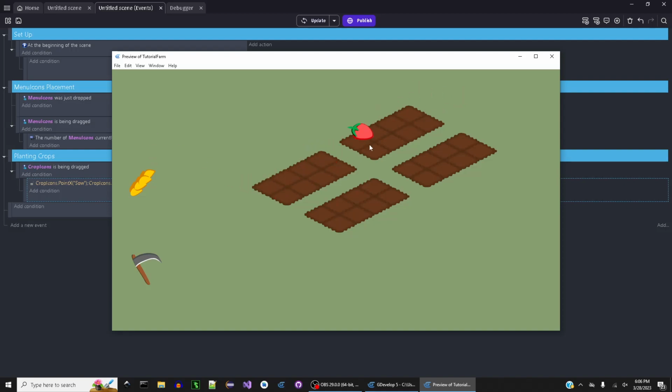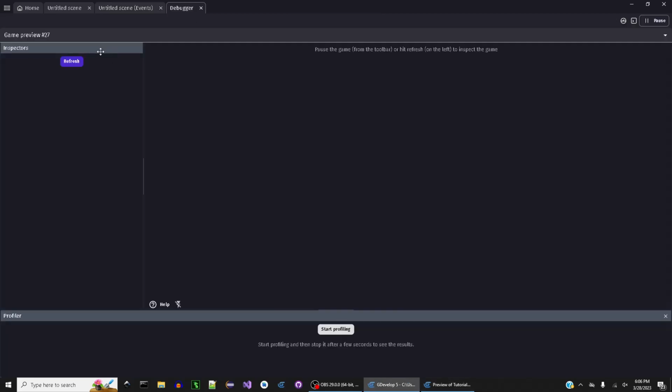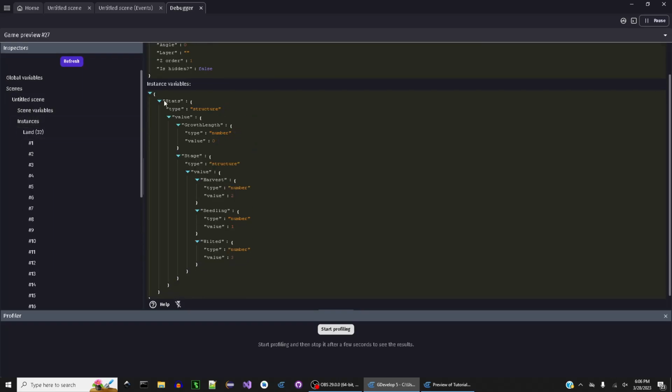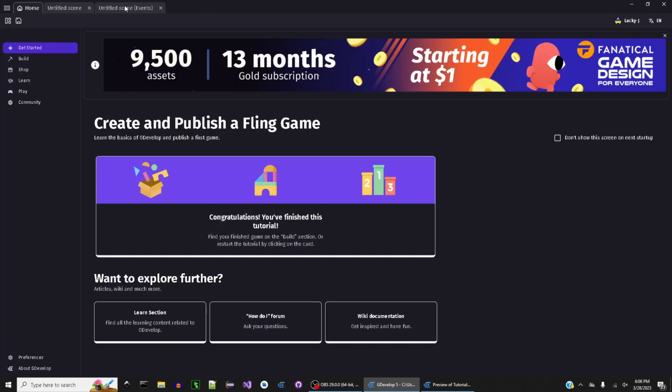And we'll just go ahead and pass the strawberry over to some land, and we'll check out our debugger. And if we look now, we can see instead of that long string, we have a nice variable called stats with all our information set up just the way we wrote it in our crop icon. And this is in our land now. So that's working good. So the next thing we're going to want to do